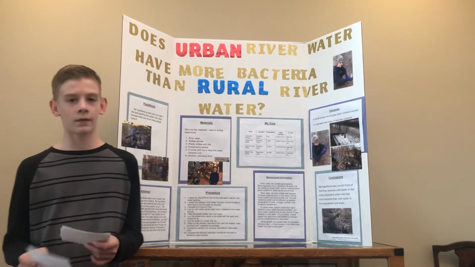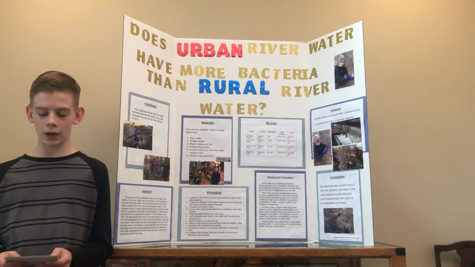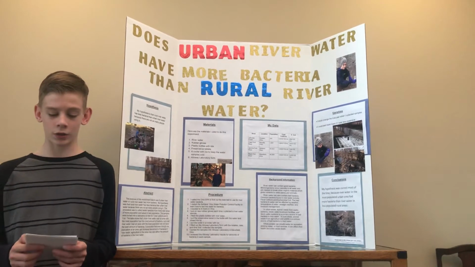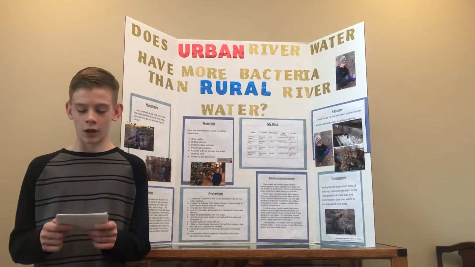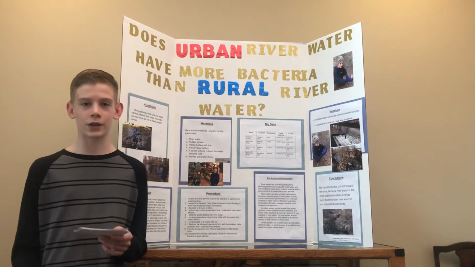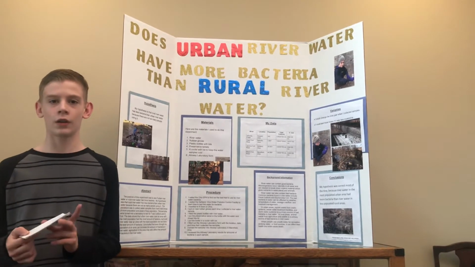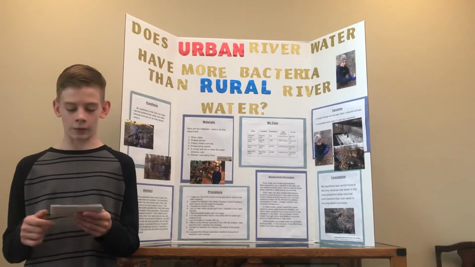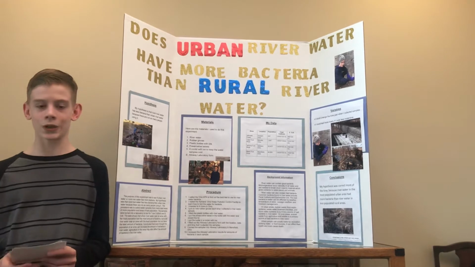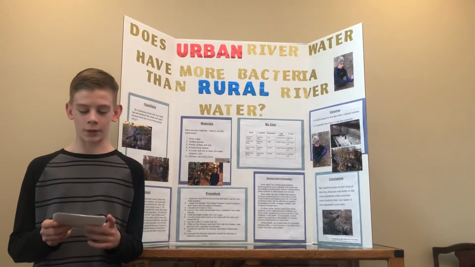And for my background information, river water can contain good bacteria and bad bacteria. And for good bacteria, microorganisms occur naturally in all waters and are needed to break down organic materials, which gives nutrients to water plants and animals. And river water can also contain bad bacteria like fecal coliform and E. coli. And the bad bacteria in water can be affected by weather, temperature of water, sewage overflow, and livestock management.